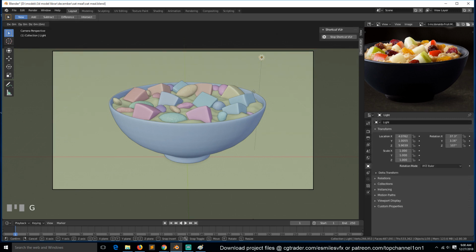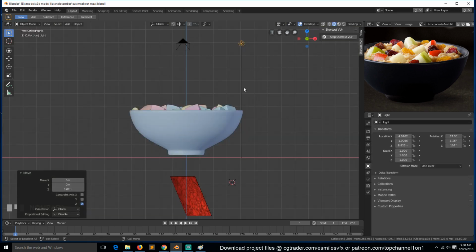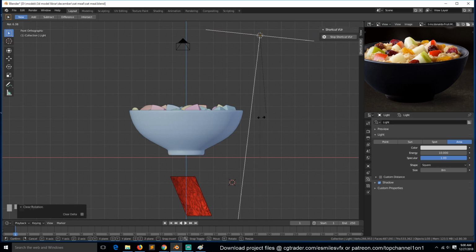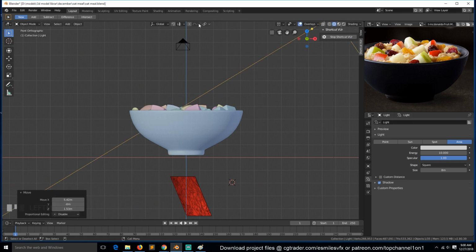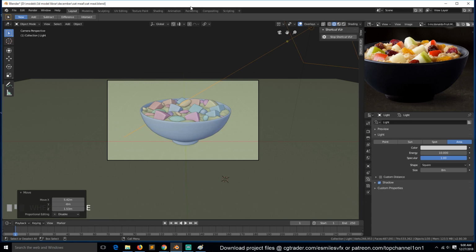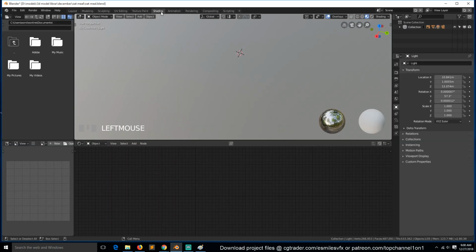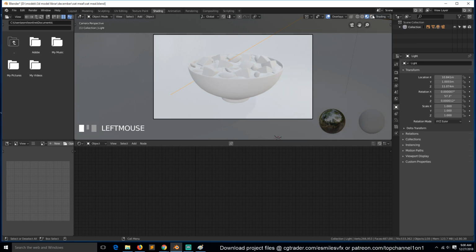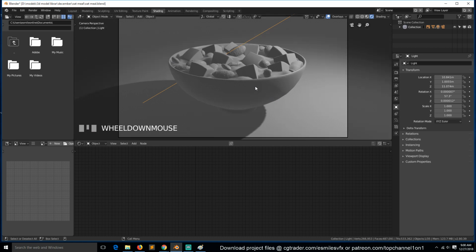So let's also set up some lighting here, basic lighting. I'll just change this to an area light, change this to square. Let's see, about 5. Rotation, rotate this like this. We can go to material mode, to shading mode. Turn on lights. This is material mode. This is rendered mode, and